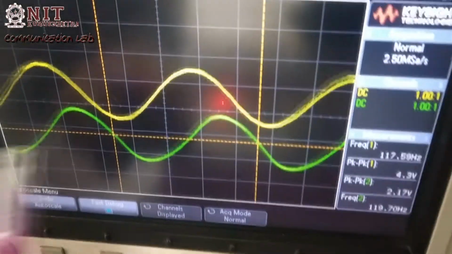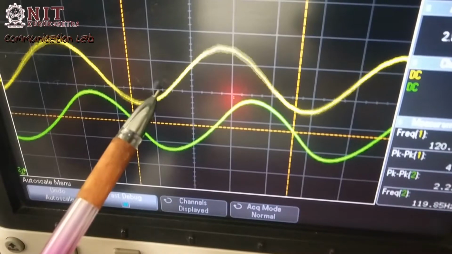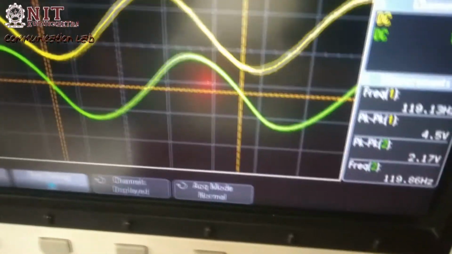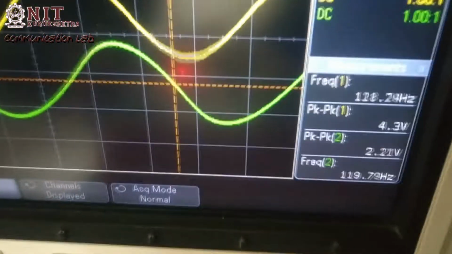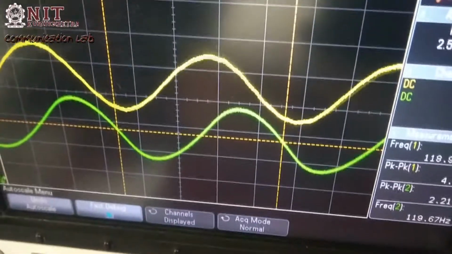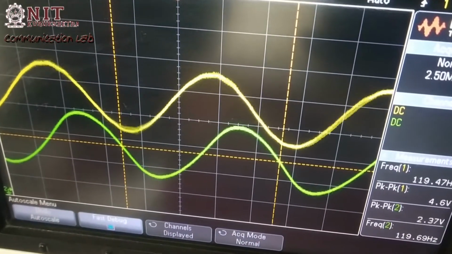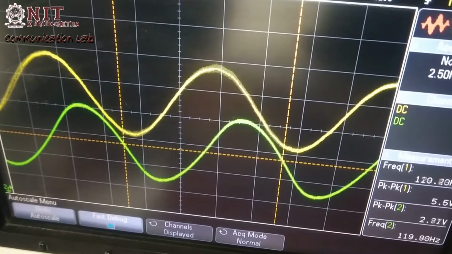Here is our demodulated output in green color and our message signal in yellow color. Now I am varying the amplitude of the message signal, and you see the output.